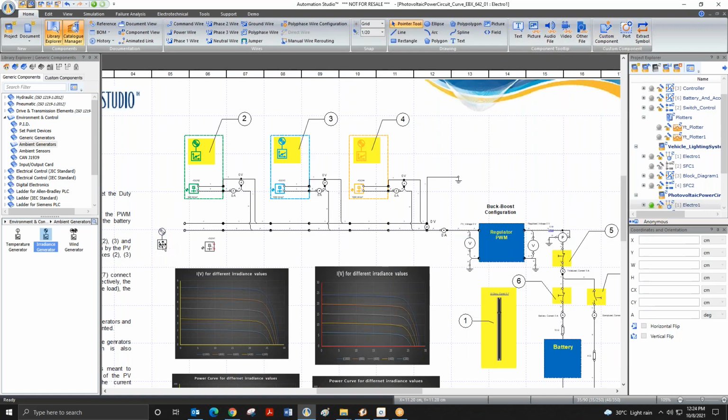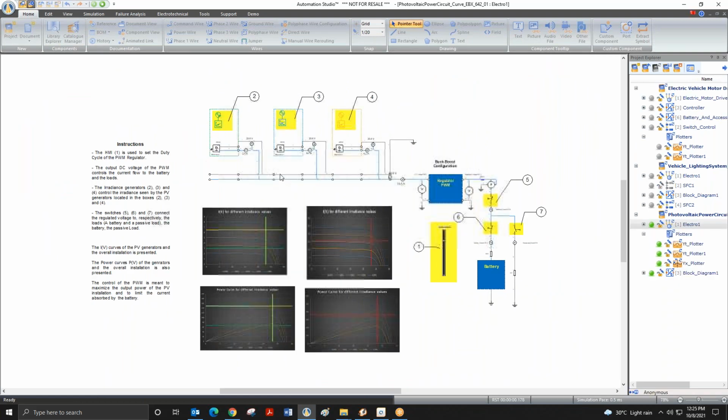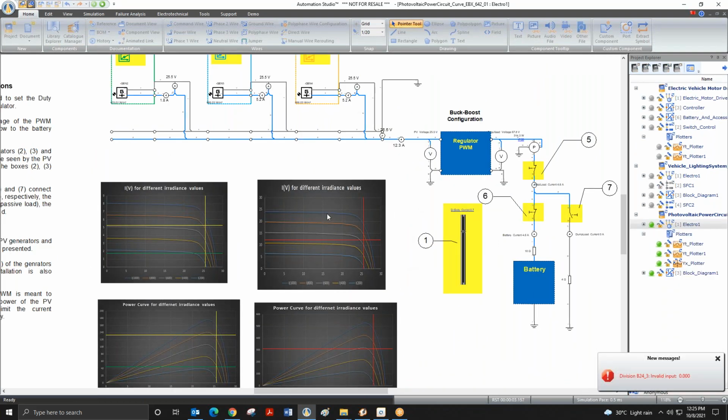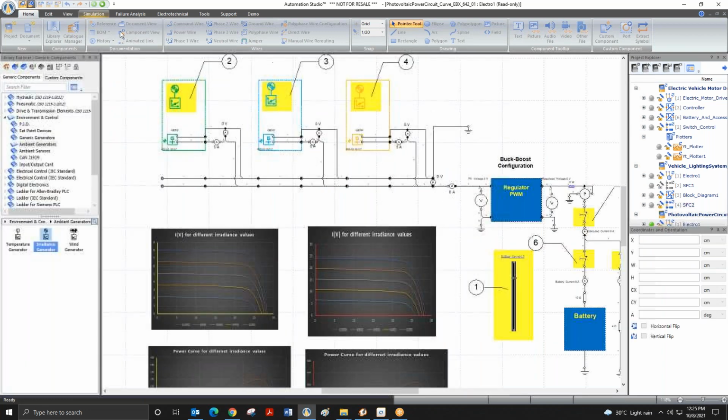So again, if I just run the simulation, here what we are doing, basically, we have taken three different generators. Like I told earlier, once you enter it, it will be common for the whole project, but here we have taken three and allocated different subcircuits.